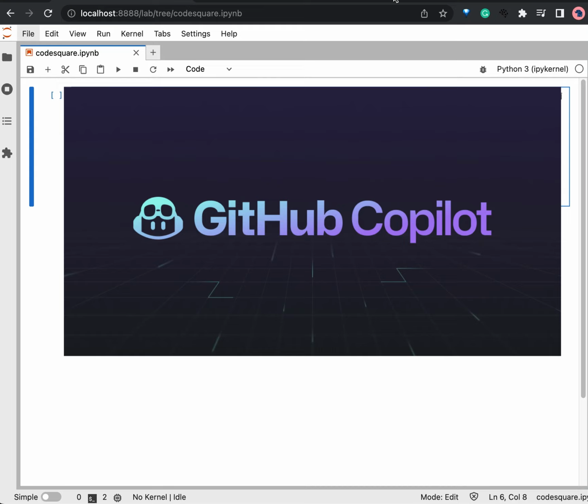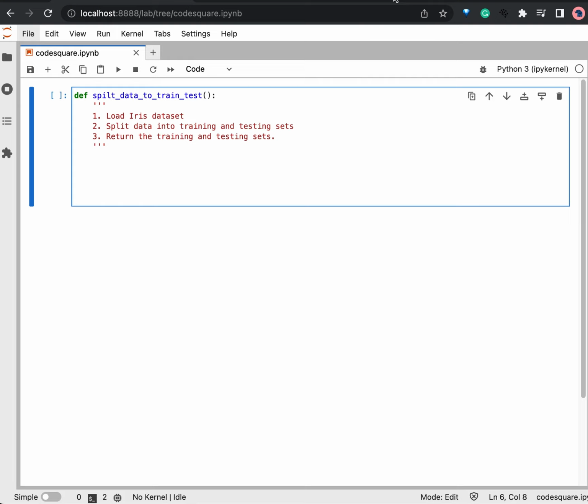GitHub Copilot is amazing for pair programming. Unfortunately, it doesn't support Jupyter notebooks. In this video, I will show you an alternative to GitHub Copilot, which works perfectly with Jupyter notebooks. And it is particularly very useful for the data science and machine learning community who mostly work in environments like Jupyter